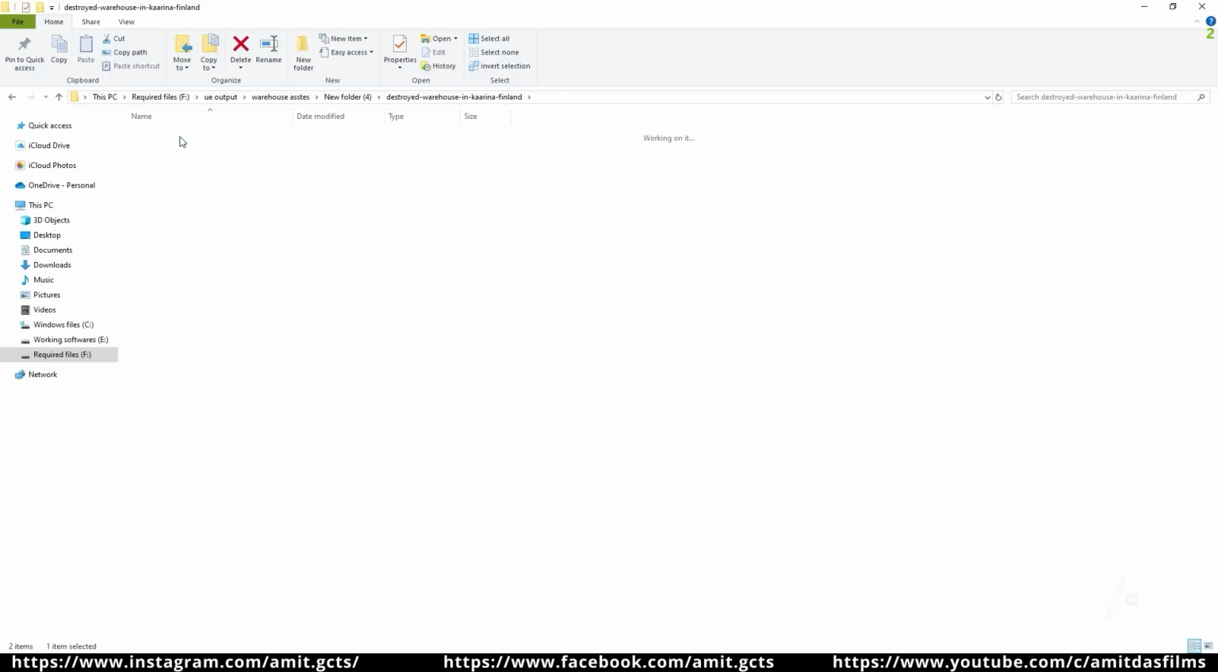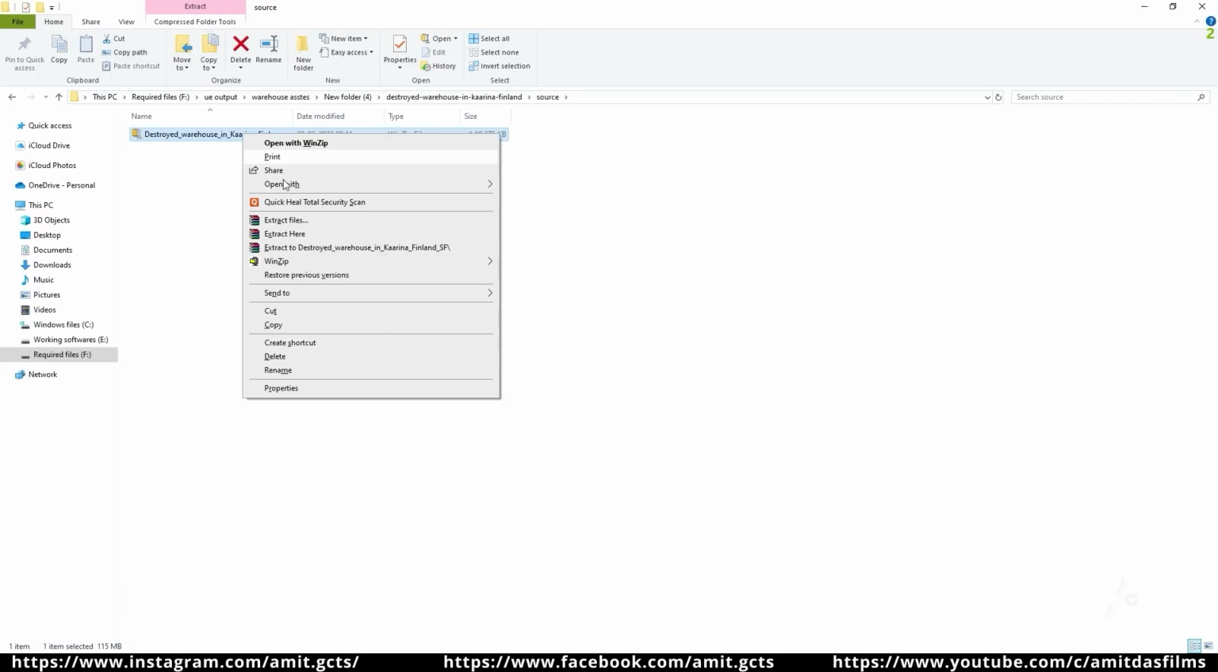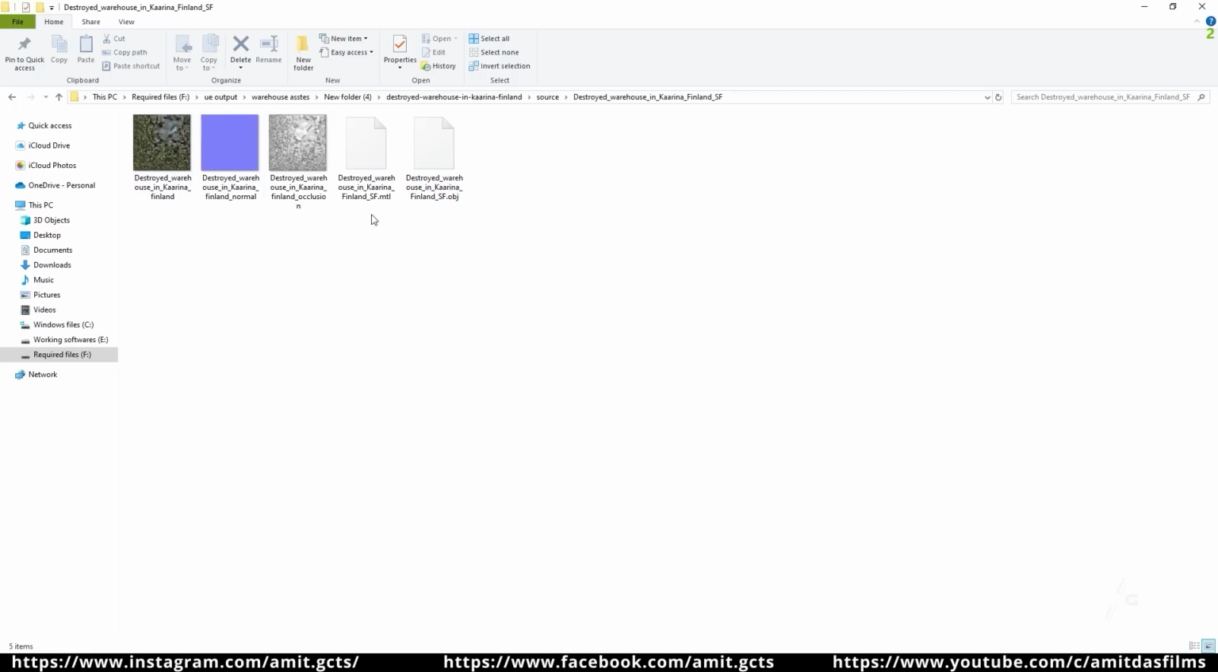And here is the source. And we have to extract this file also. And inside this folder, here we will find this OBJ file. Okay, but one thing we can see is that if we just import this OBJ file into our Unreal Engine,